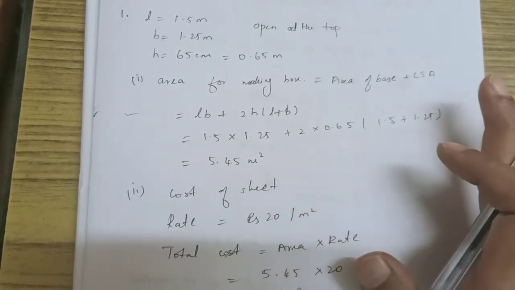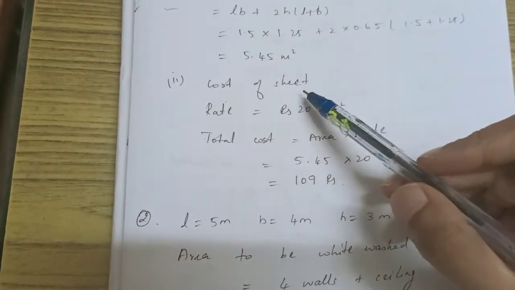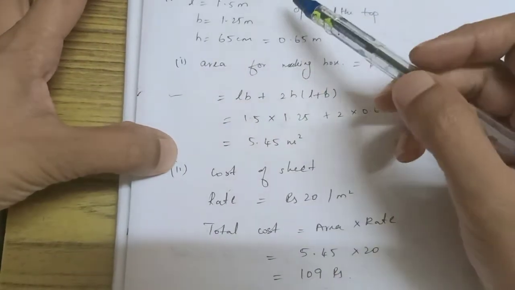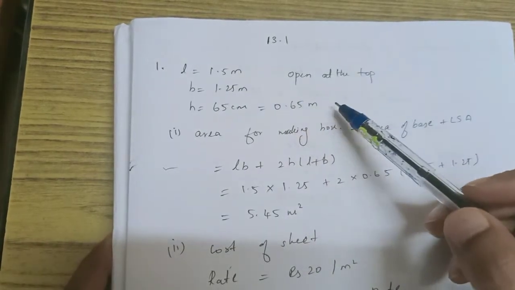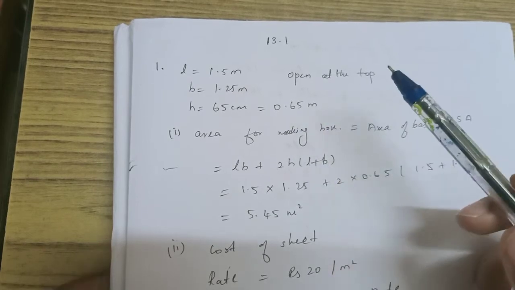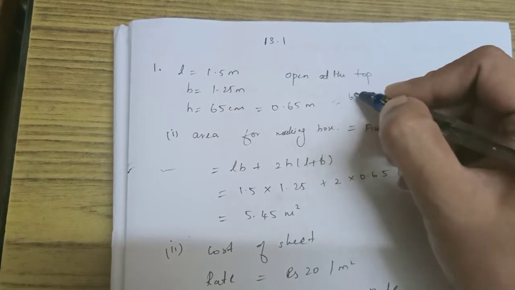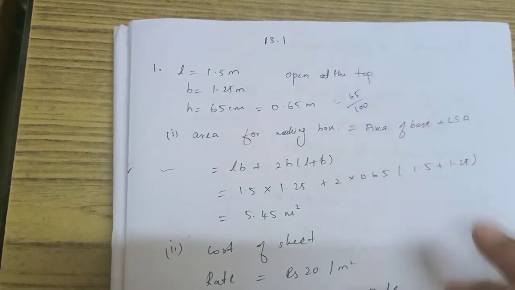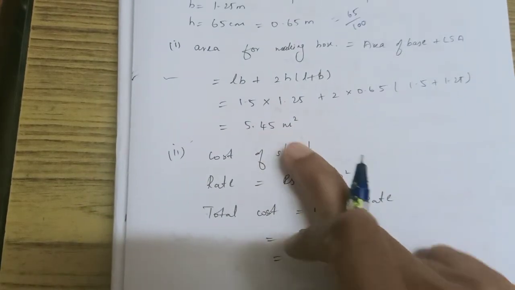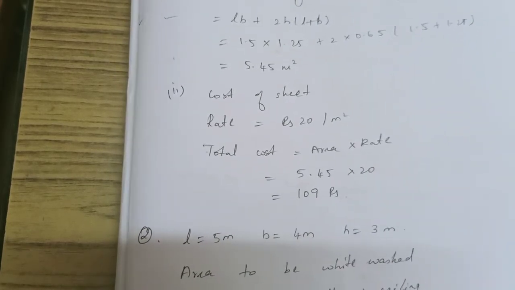Follow BODMAS rule. For this there are no shortcuts, so I am not going to the simplification. Do it on your own. Next we are finding the cost of the sheet. For that, rate is given in meter square. That is why we are converting all the units to meters, because the rate is given in meter. Here this alone is in centimeter. I am converting this also into meter, and it is not compulsory that you keep a decimal point. You can also write this as 65 by 100 so that you won't have to multiply with a decimal. Then area we have found out already, it is 5.45, into rate is 20 rupees. Multiply, you should get the total cost required for making the box.